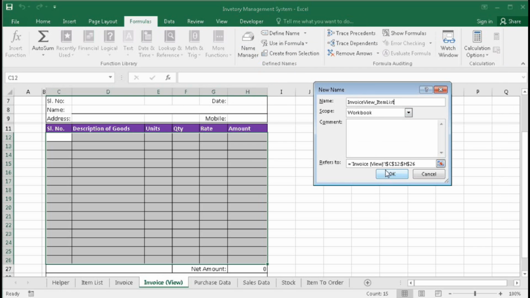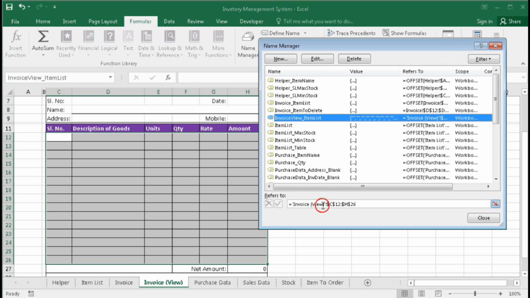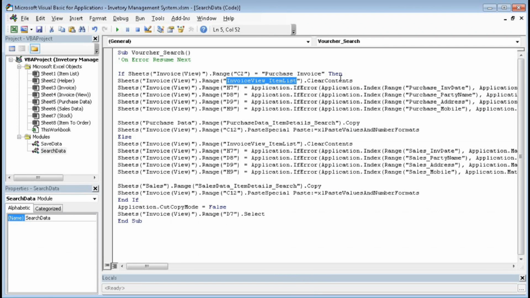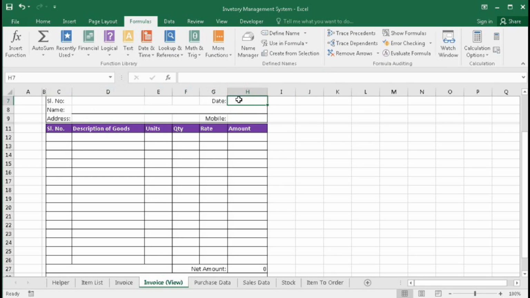Now it is already selected, then press OK. So we got it. So this should be cleared first, that is written here. And then sheets invoice view H7. This is the H7 date. First this will be populated. After that the name, address, mobile number, and at last the items.